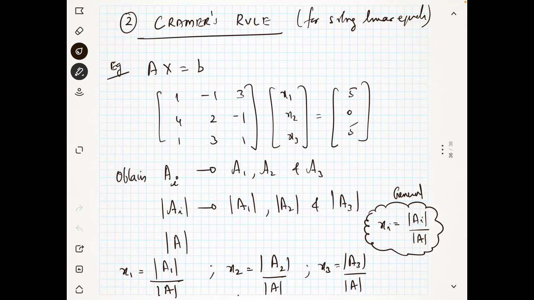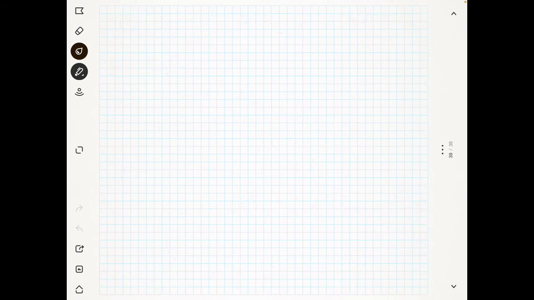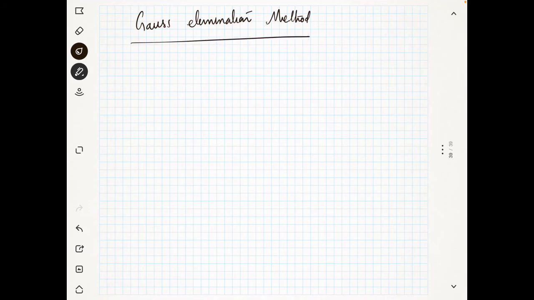So we will continue our discussion on solving sets of linear equations. Next we will see another method for solving a set of linear equations, which is the Gaussian elimination method. All of this can be programmed in the computer. It's very easy to program all these things in the computer. So first of all,